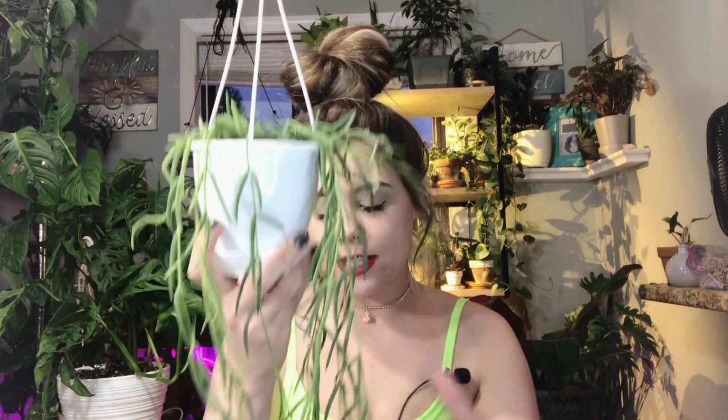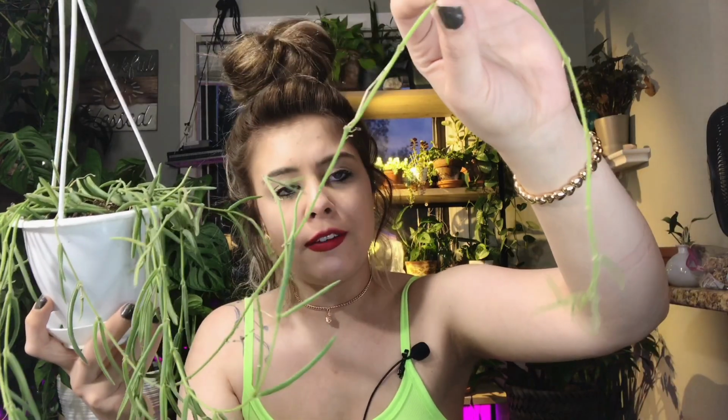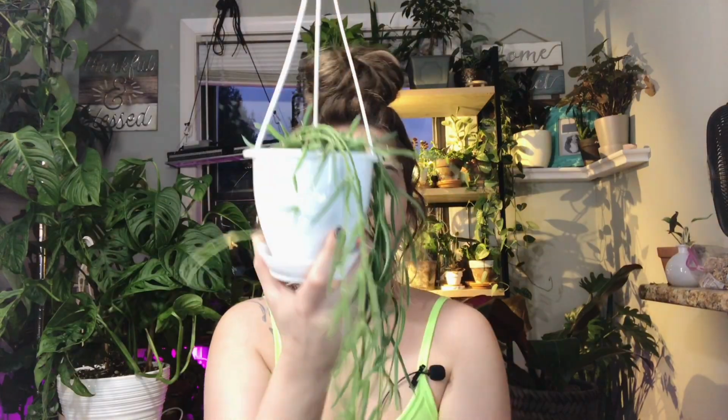I've had this now for about 2 weeks probably. It's doing really well. It did have a little bit of shipping distress, if you will. So several of these long pieces had freaked out in the mail and completely lost all of their leaves. So I will be trimming these pieces off and I'll probably be taking this out of the pot and shipping